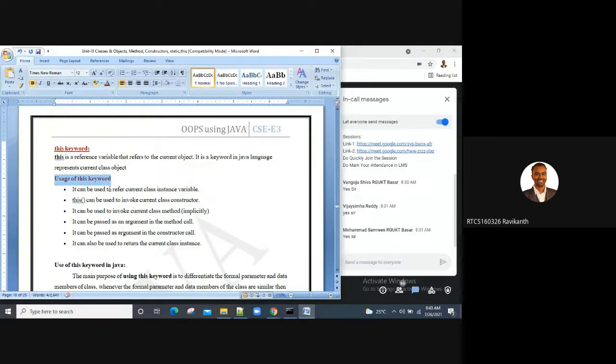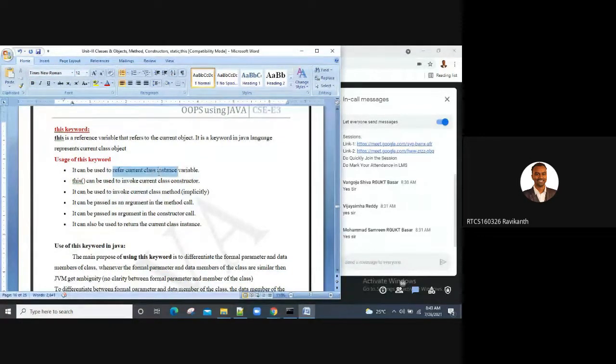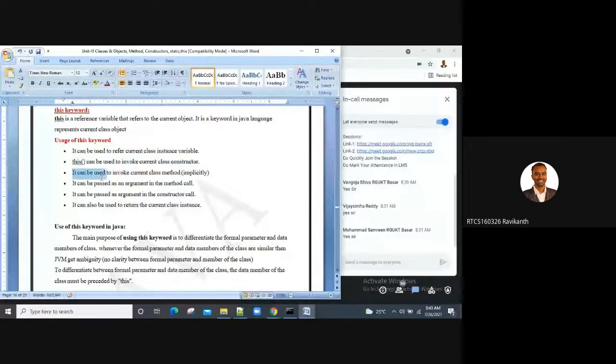So usage of this keyword: it is used to refer to current class instance variables. Current class, you have to remember this. This can be used to invoke the current class constructor. It is used to invoke the current class method implicitly.